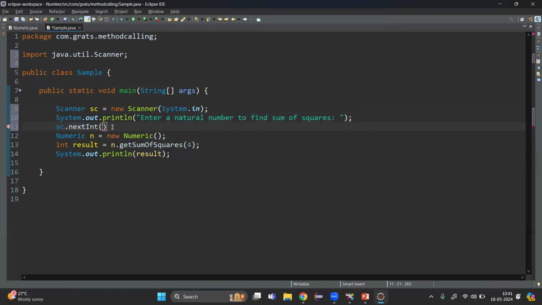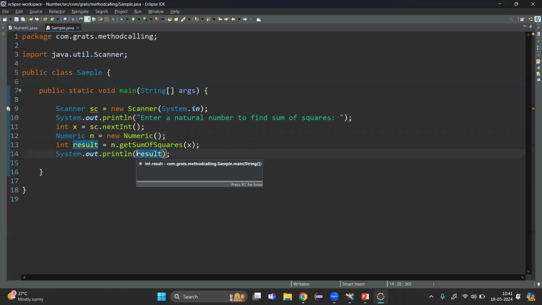By mistake, if you give an input, then it's wrong. Then how to catch it? Because its return type is integer, use int, then some variable of the programmer's choice. And in place of this 4, now I want to pass the text variable. Clear? Clear. Then here I want to add a meaningful message, that is, the sum of squares is, sum of